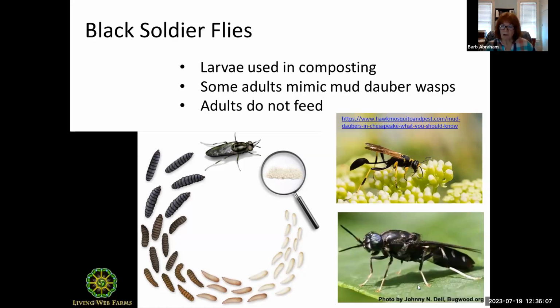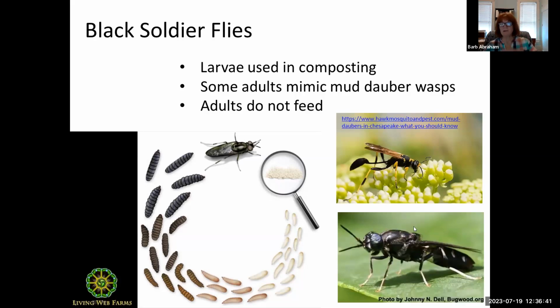Now, here is a photo of an adult. Notice the kind of body shape, the coloration, the white feet, basically. And then here is an example of a mud dauber wasp. I couldn't find two that actually matched better than this. I was trying not to use Australian ones or whatever. But it's really kind of amazing. Once I realized that these guys were mimics of mud daubers, they move the same.